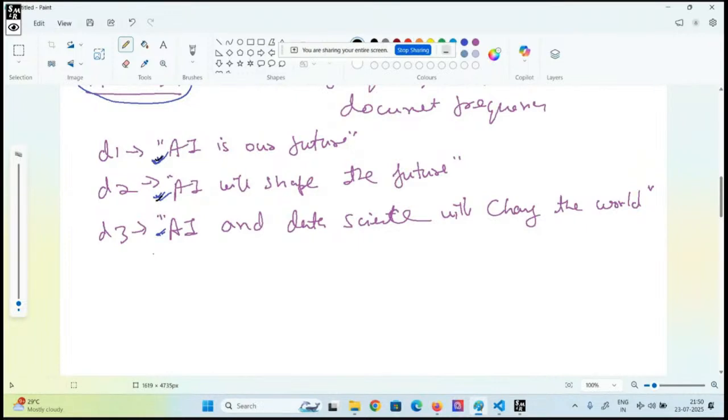So I'll also do it through Python. But before doing it through Python, I'll tell you over here through mathematical processes. There is a formula for TF-IDF. TF is called term frequency. It actually measures